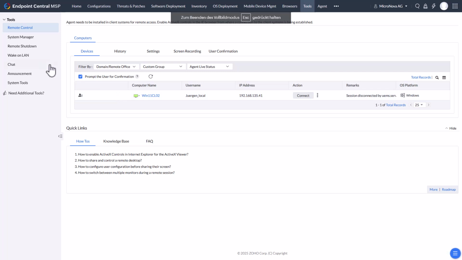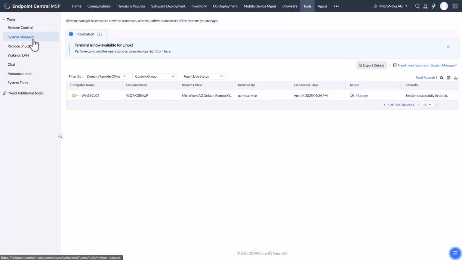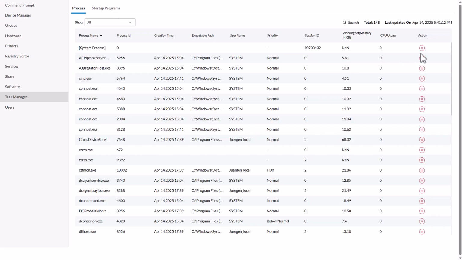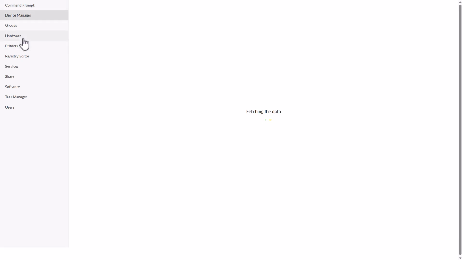We do have the system manager on board, meaning that I do not always need to establish a remote session. Let's switch into the task manager. It shows me all running processes and startup programs. The processes, I can kill them here. I have a command prompt, a PowerShell. I have the device manager,